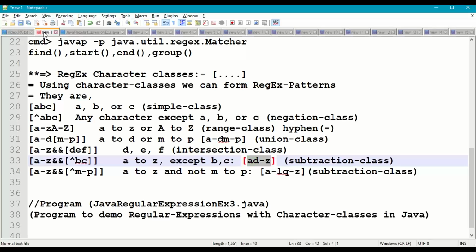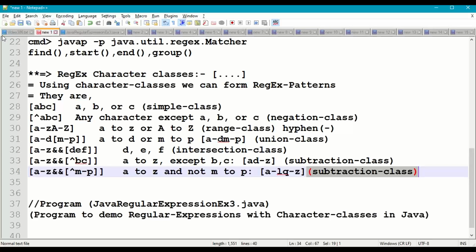So D to Z. And next, A to Z, and inside that we are taking one more character class, not of M to P. So small a to small z, all the characters except M to P. It is like this: A to L, M, N, O, P, don't take it, Q to Z. This also comes under the subtraction class.